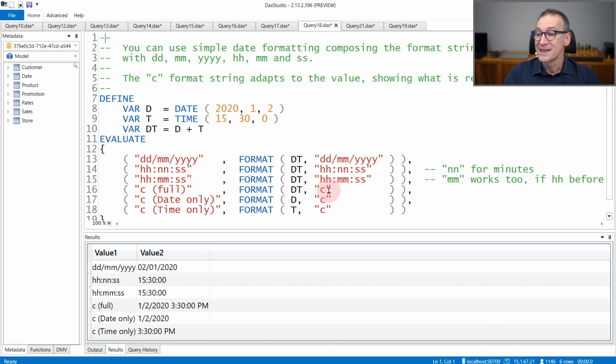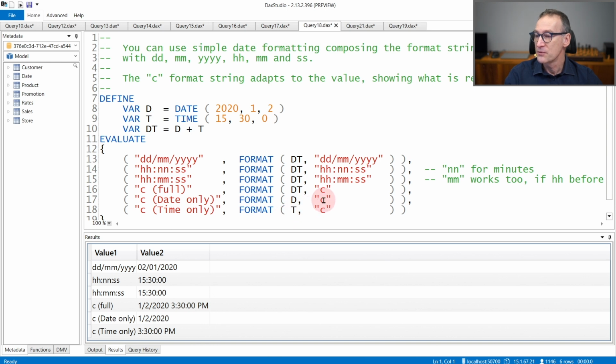And then you also have the C format string, and that C depends on the value you pass. C can format the date and time, and it uses the most compact format depending on the value it receives. You see that C, when you pass DT, which contains date and time, represents both the date and the time.